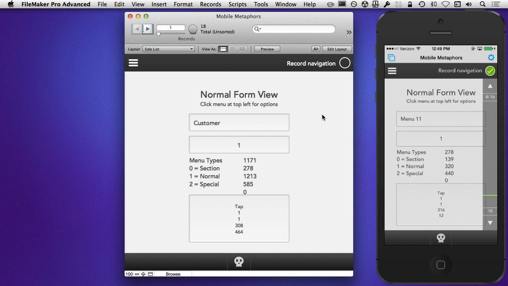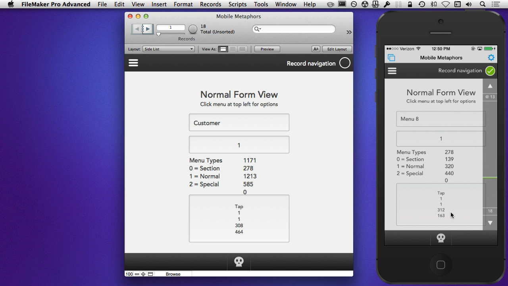One is tapping the little circle icon that allows the record navigation to turn on and off, which is hiding using the FileMaker 13 feature. And the other one is intercepting the taps, which you can see right there in that area that I showed you, and tapping on this side area and making it jump to different points. Now this isn't as precise as I would like it to be,